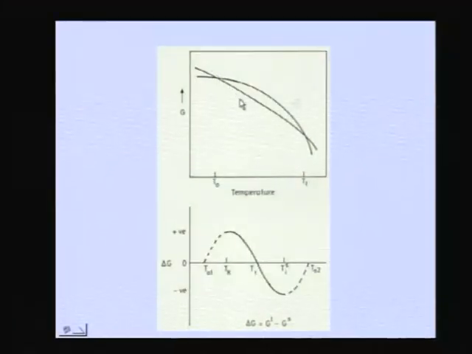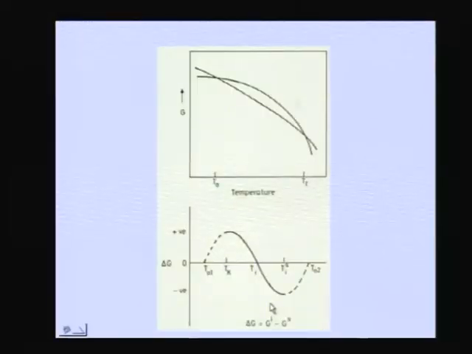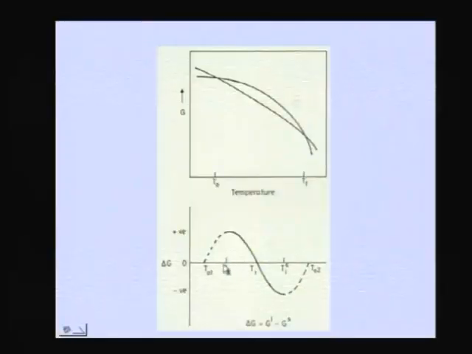Because we are talking of the free energy of the liquid and the crystalline solid, the free energy of the crystalline solid is always lower below the melting point. As a result, GL minus GS is always positive at temperatures below the melting point, and that is what we are plotting here. And once you come to a temperature below Tk, it falls down, but this part is shown dotted because once you reach Tk,